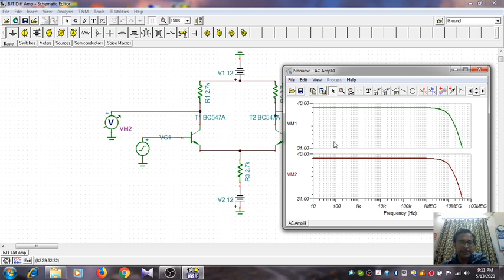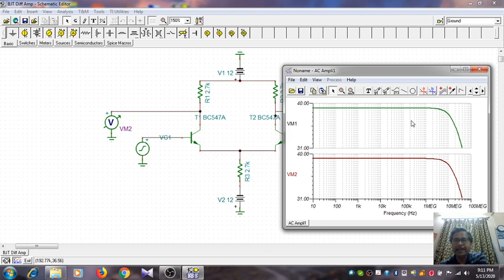In both the NPN transistors, we have got two PN junctions, one between base and collector. Corresponding to that, the CBC is there, the internal device capacitance, and also base emitter. So CBE and CBC will account for the upper 3 dB cutoff, and definitely we see here that there is a sharp bend. So what is that frequency? We can try to find out from this plot.